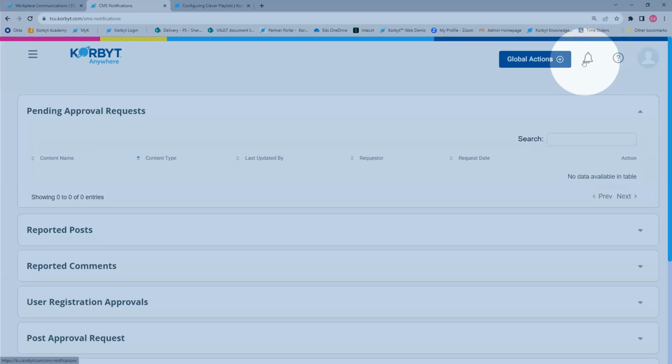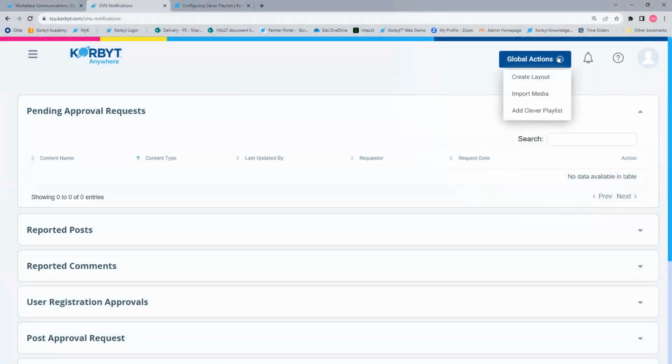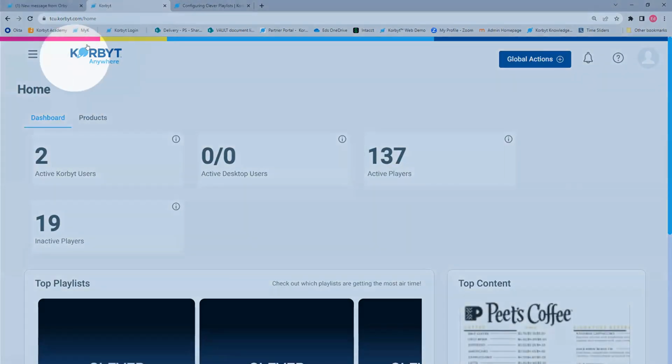Otherwise, it won't come into use much for you. And then global actions. This is where you can quickly go to a section of Korbyt. It's like a fast track or a quick action menu. The icon there, Korbyt Anywhere, also takes you back to your dashboard.